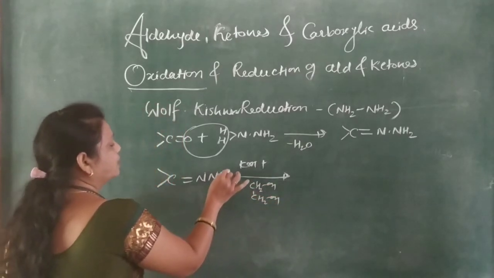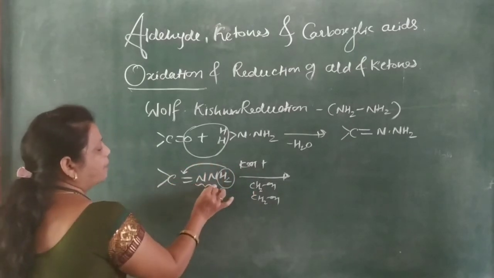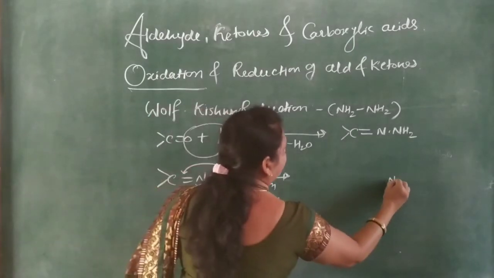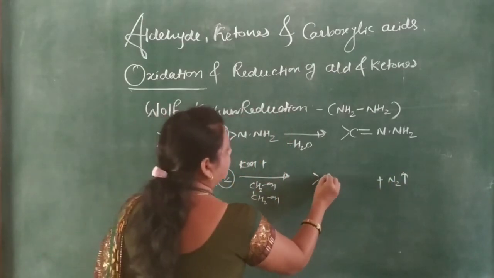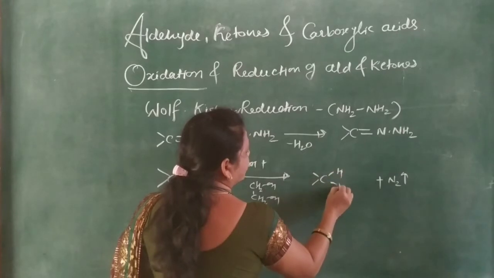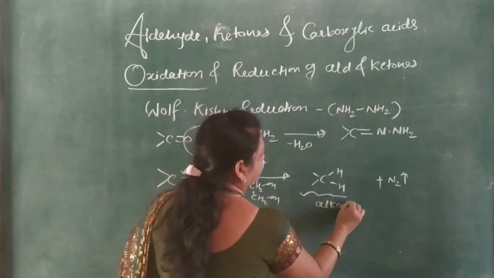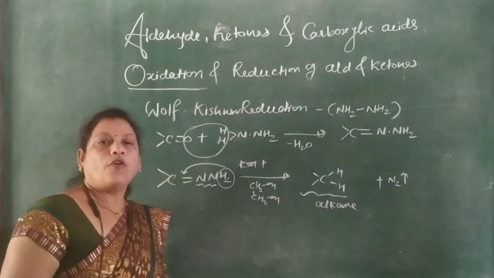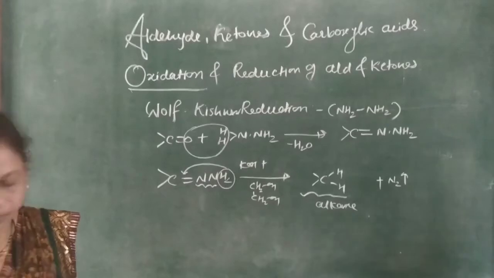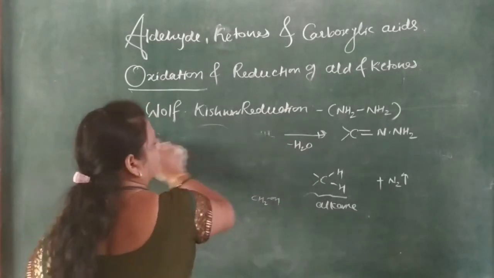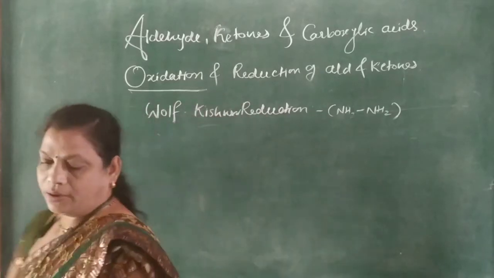Okay, so here the H2 combines, and N combines with N to form N2, plus the H2 combines here to form CH2. So the corresponding alkane. Okay, for example, aldehyde